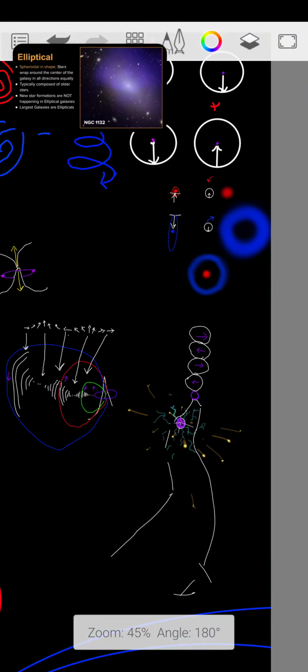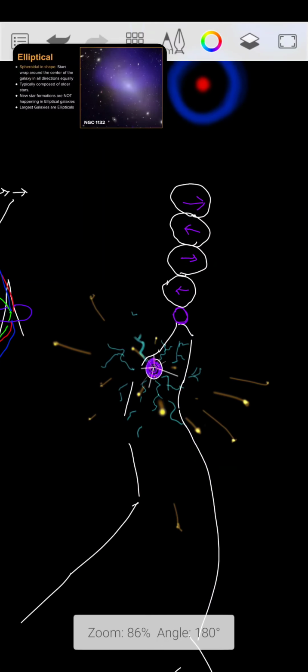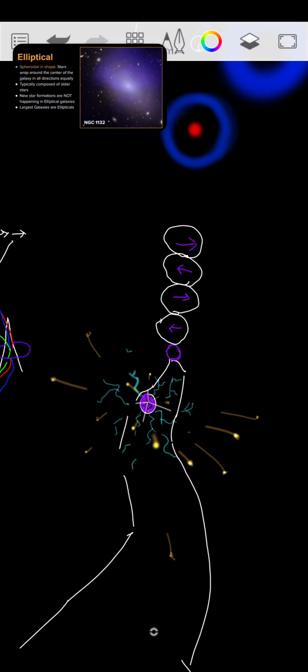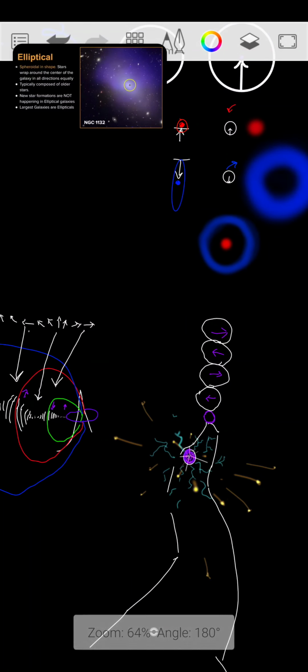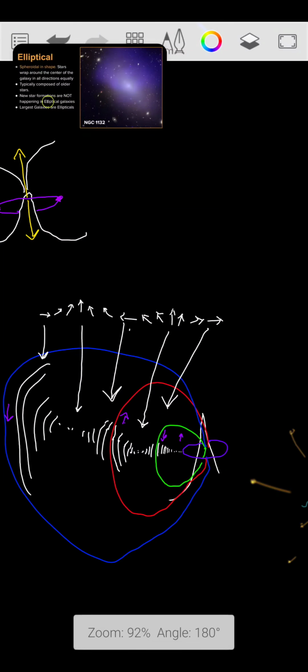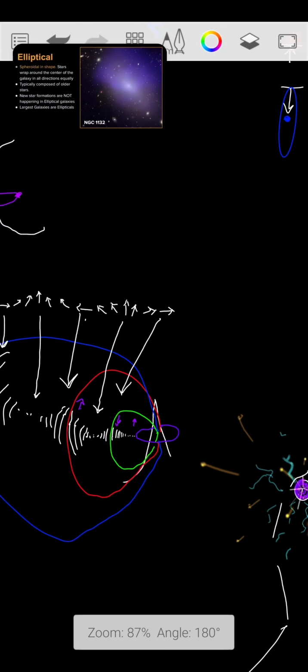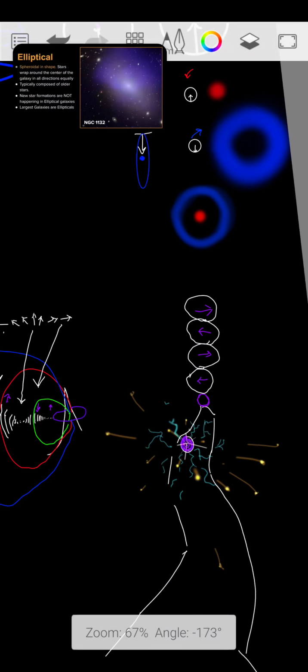So let's look at some of the characteristics of elliptical galaxies. They're spheroidal in shape, and the stars wrap around the galactic core, and they are equal in all directions. They're typically composed of older stars, and we usually don't see any new